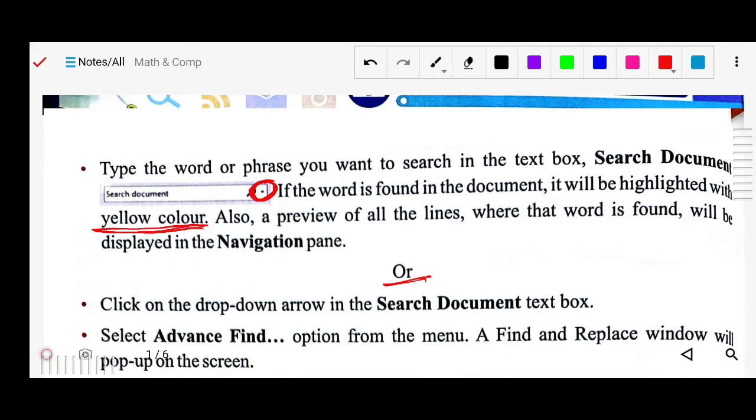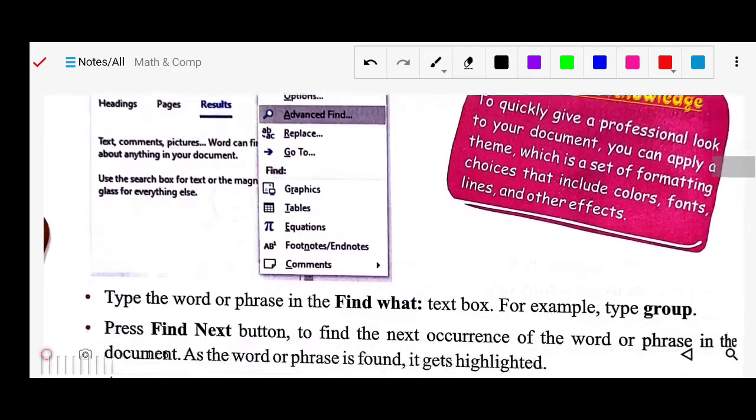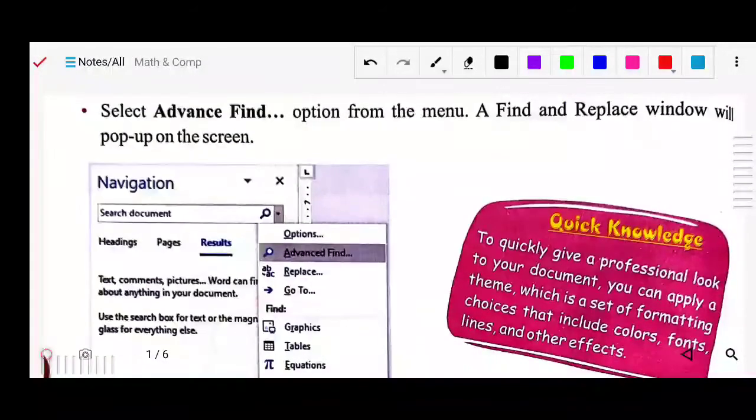That is the advanced one, so we will see that. First of all, click on the drop down arrow in the search document text box. Select the Advanced Find option from the menu. Once you click on this drop down arrow, you have to go to Advanced Find.